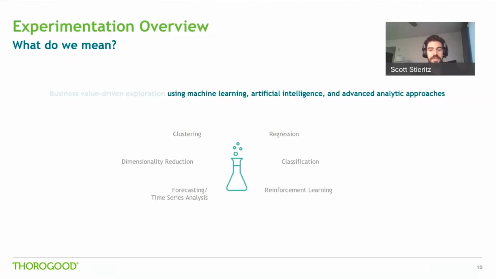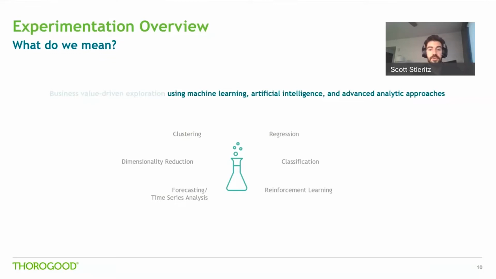And having an understanding of these approaches, and of the questions they can help us answer, is important. So things like how much or how many, is this of one group or another group? Or is there some sort of underlying organization within a population that we can better understand using these approaches? Or given what we know now, what might happen or what should we do next?